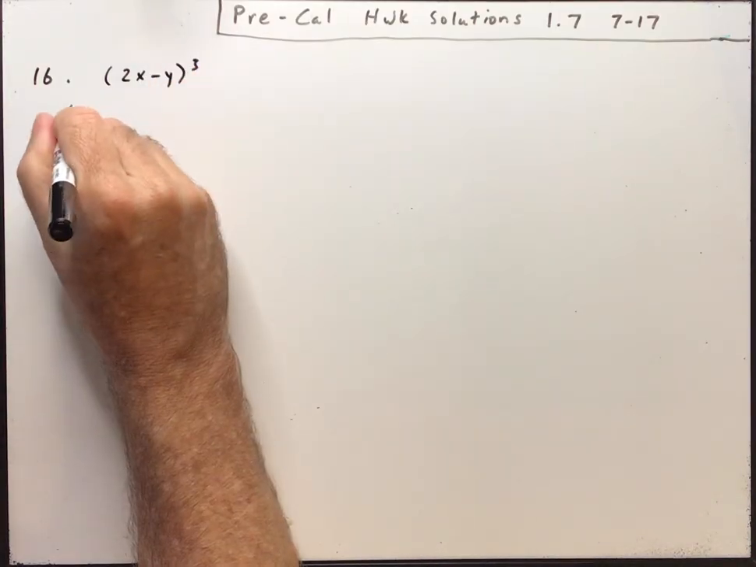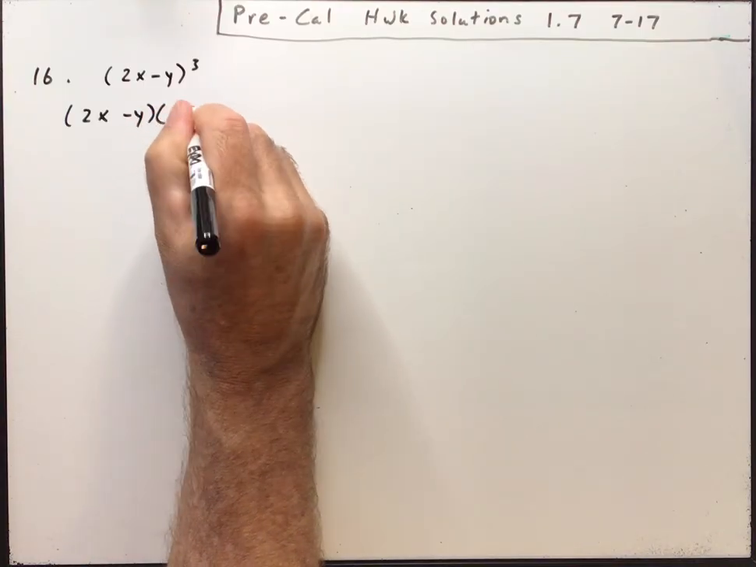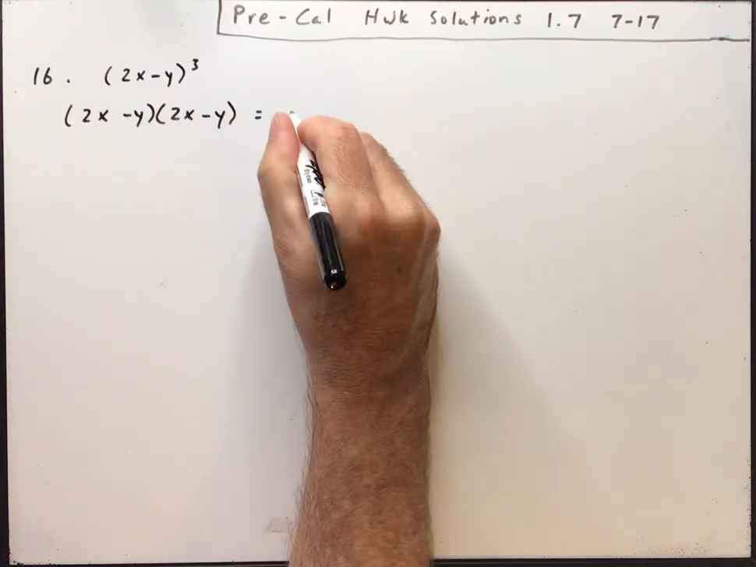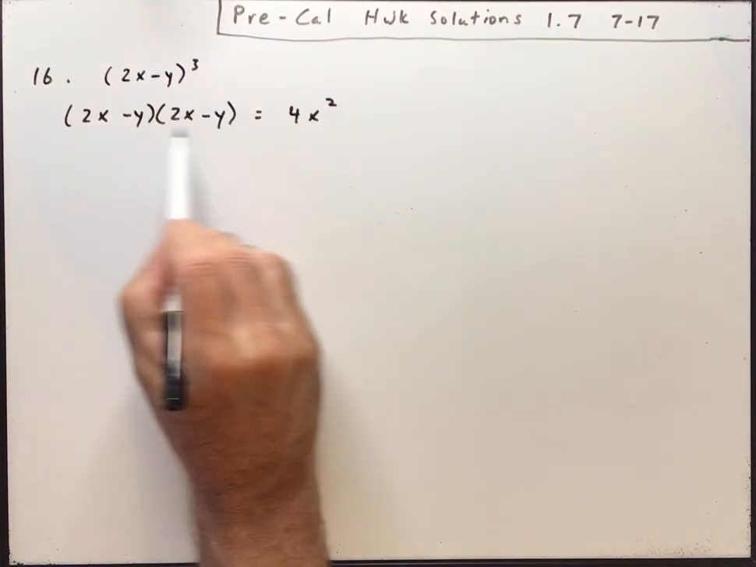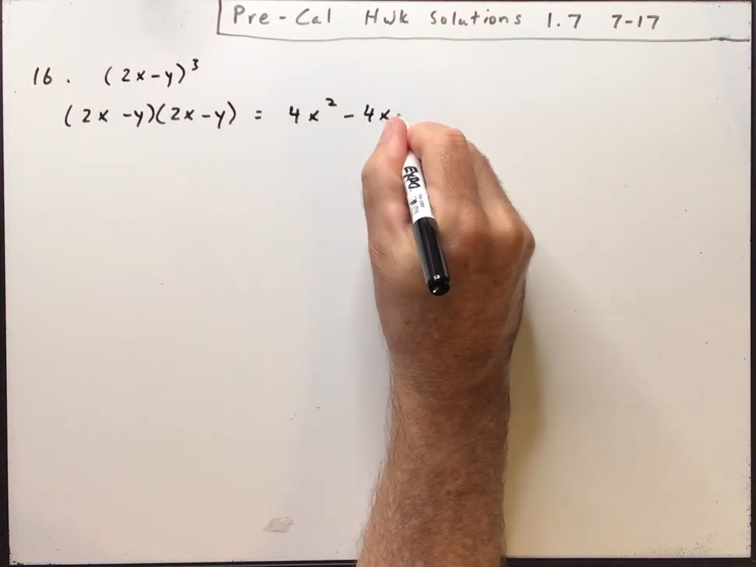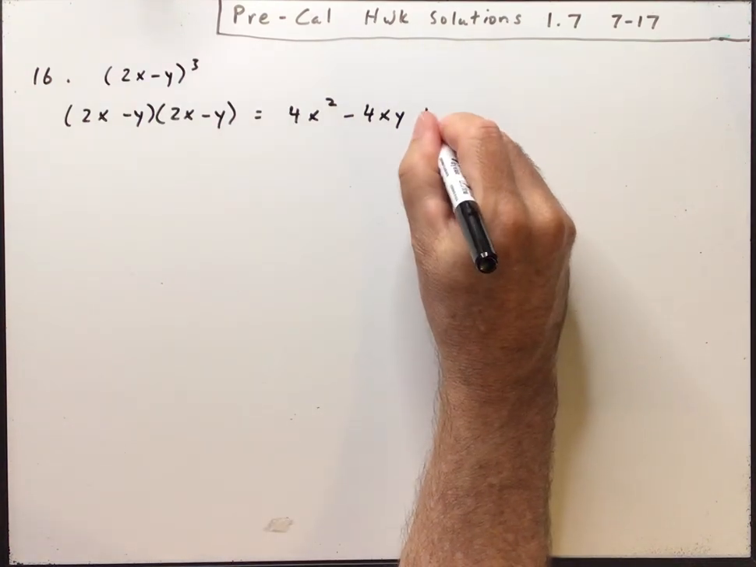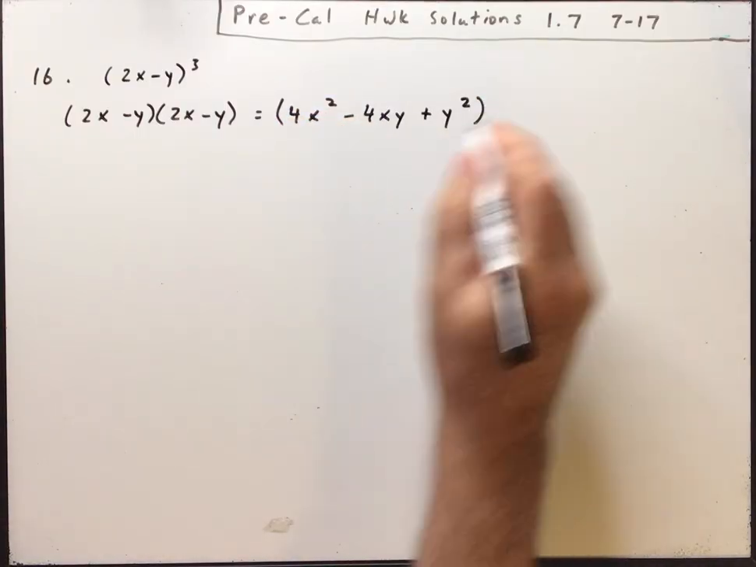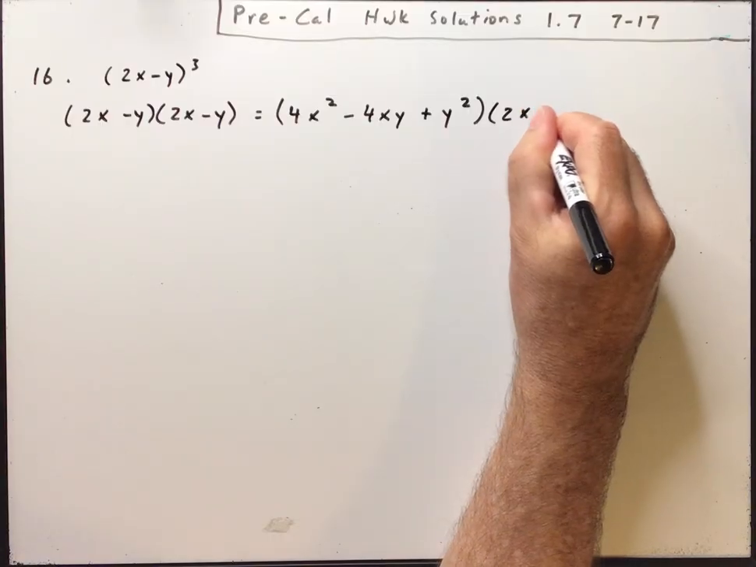So first of all, we're going to FOIL 2x minus y. We're going to square it by multiplying it by itself. So that's going to be the first term, 4x squared, minus 2xy, and then minus another 2xy. So that's going to be minus 4xy. And then the final term would be y times y is y squared, and it's two negatives, so that's plus y squared. So that's foiling it, and then I'm going to multiply it by another 2x minus y